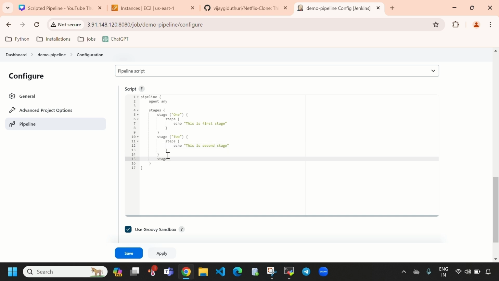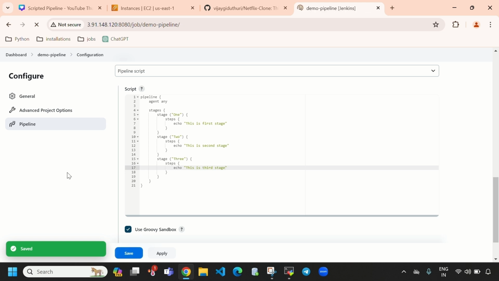So stage 3. So here I'm going to give 3, and inside this we need to give steps and inside steps we need to perform our command. So echo, this is third stage. So here I'm going to select apply and here I'm going to select save and here